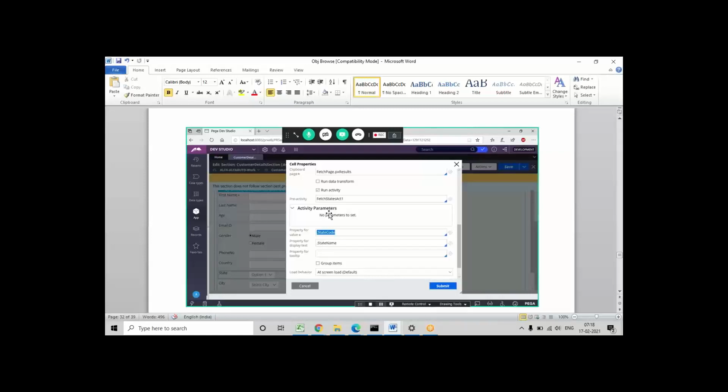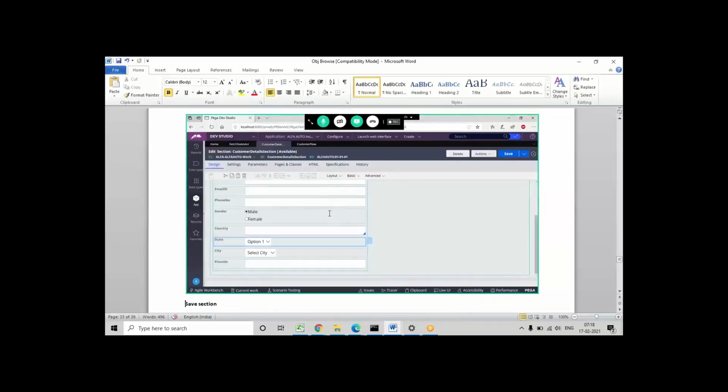Sometimes we'll call it in some declarative rules, and sometimes in services or some agents. So there are many ways to call an activity. Step by step, in every activity, I'll be calling it in a different way. Then you'll understand all the ways of where to call the activity in the application.